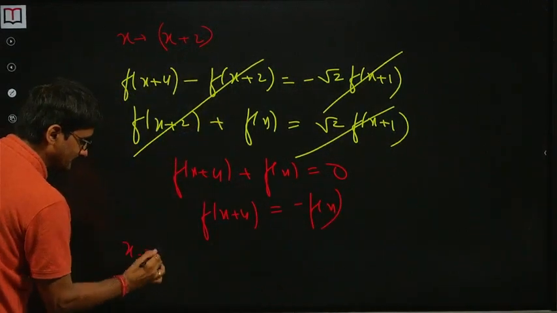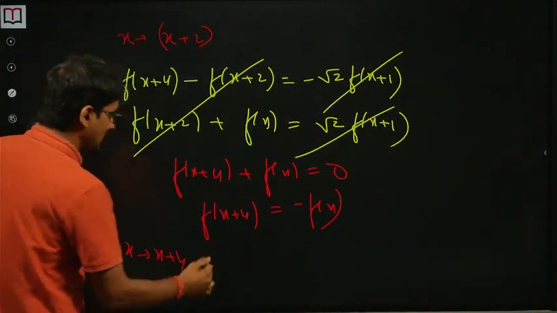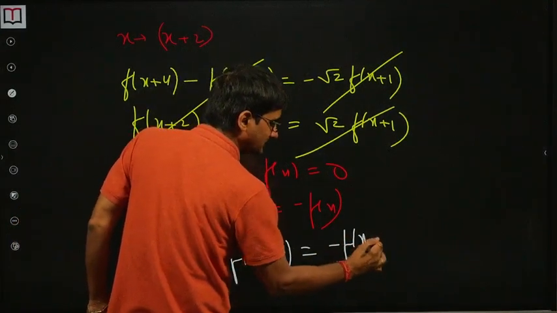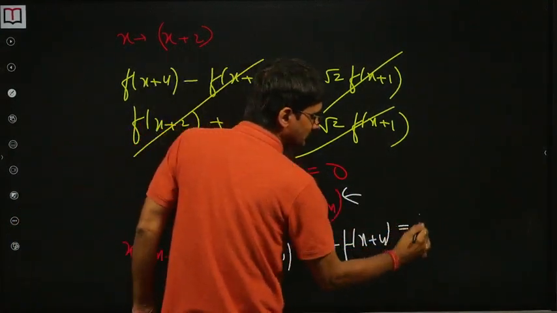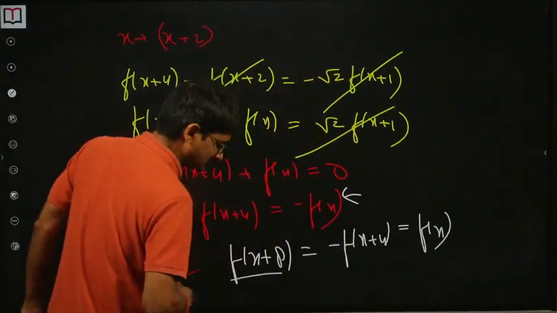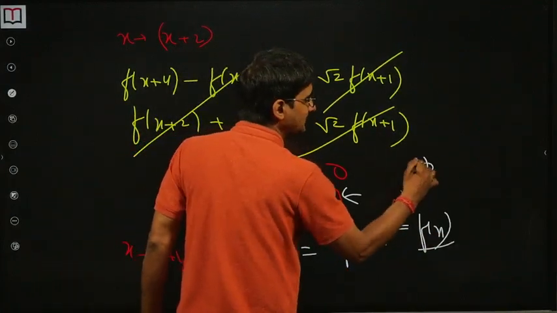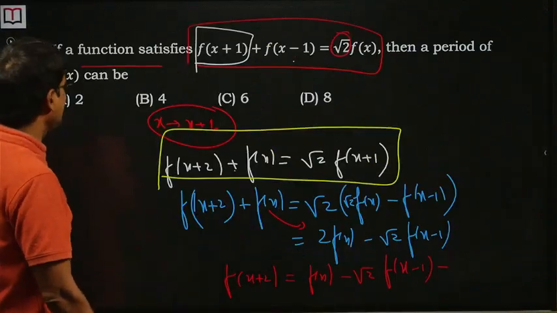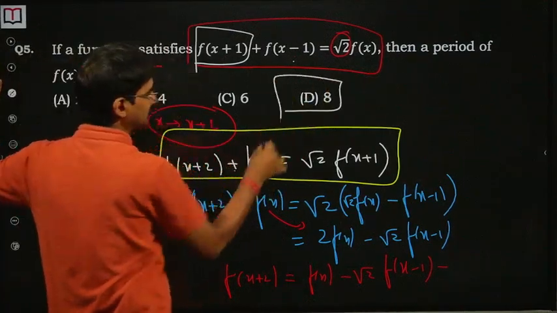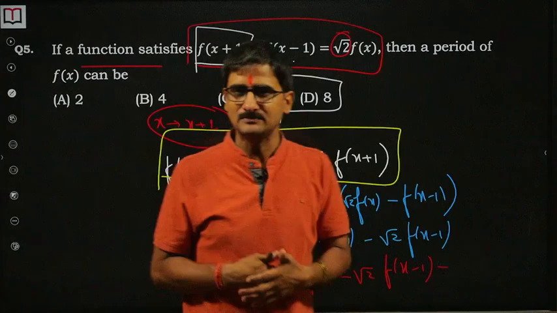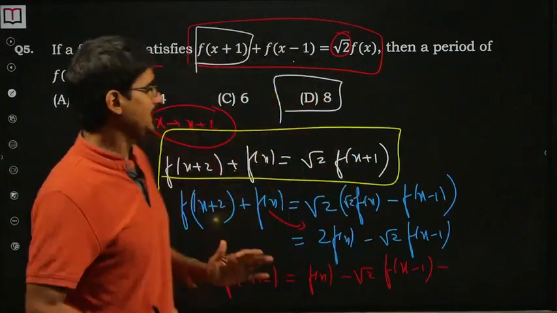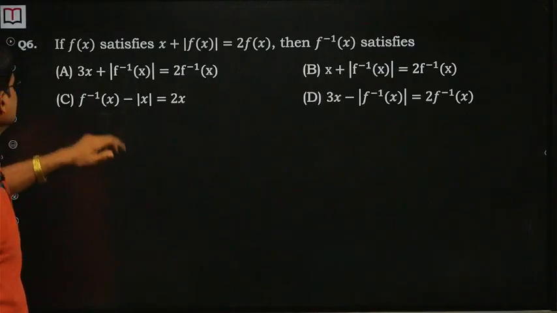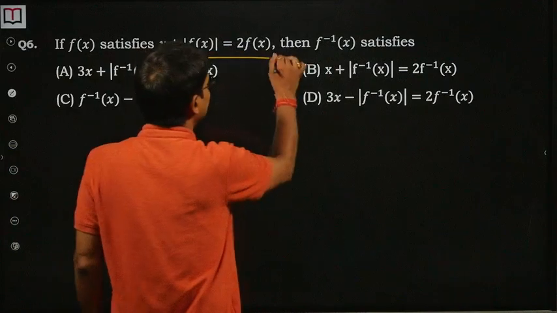Replace x by x plus 4, and then we have f of x plus 8 is equal to minus f of x plus 4. From here we know this is equal to f of x, hence f of x plus 8 is equal to f of x. So 8 has to be a period. So which can be a period? 8 can be a period. Whether 6 can be a period, 4 can be a period, we can't be sure. So 8 will be a period. F of x satisfies this,